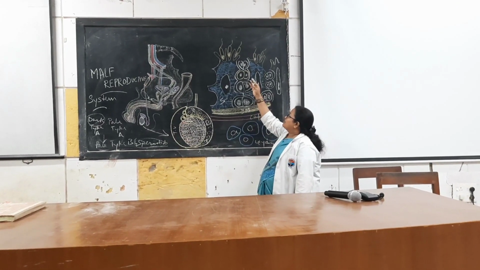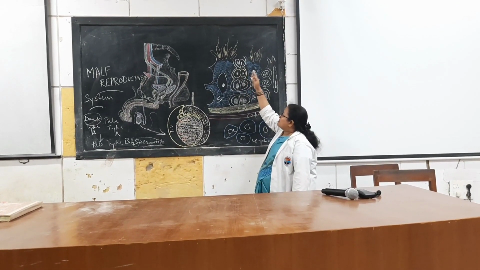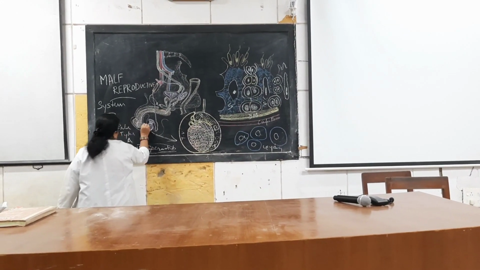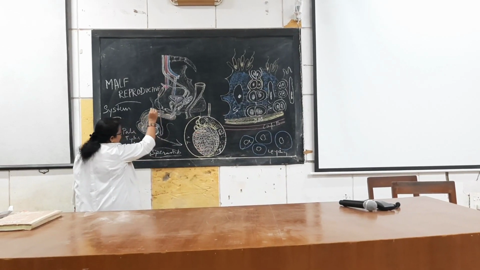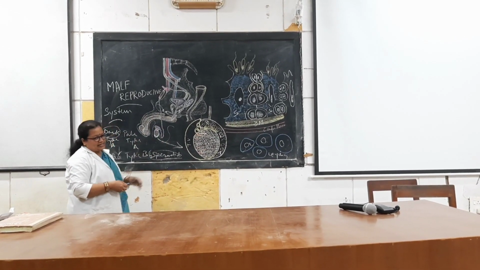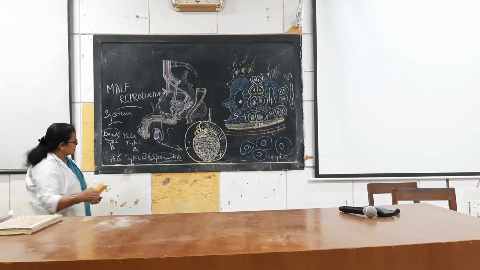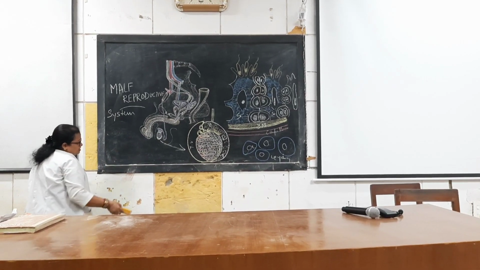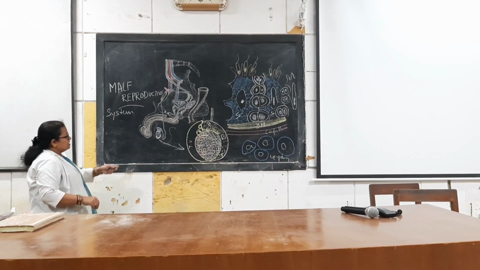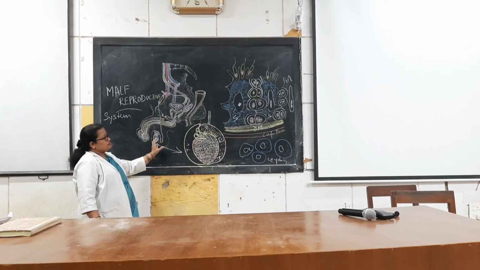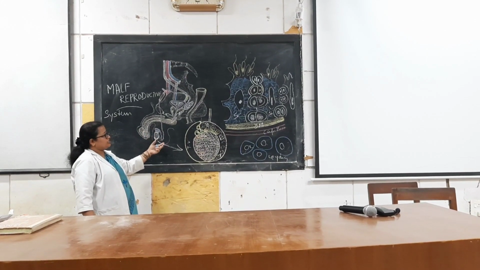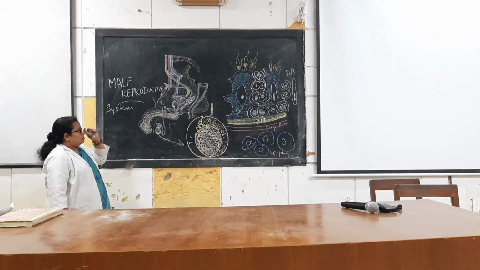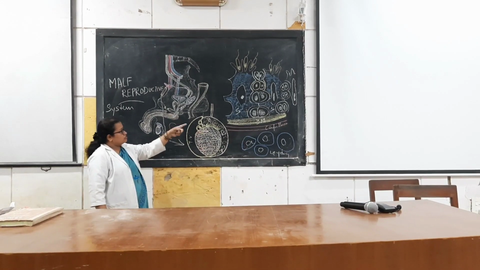And these sperms will again be stored within the epididymis, and they will attain maturation there. They will accumulate there and attain maturity in the epididymis. So the epididymis is the storehouse of sperms, and it allows them to mature there, and they gain their motility within the epididymis. Now we will discuss the function of the Sertoli cells.